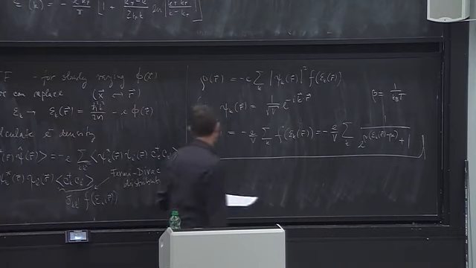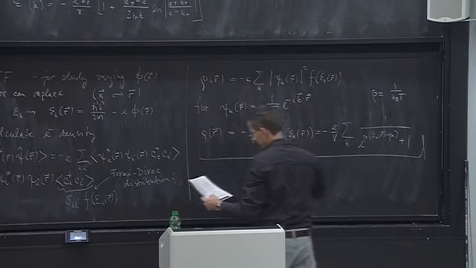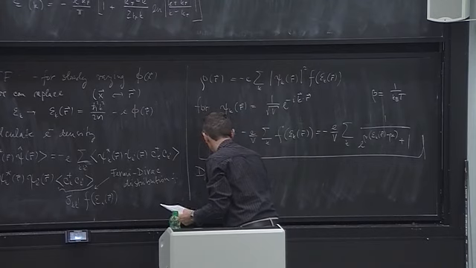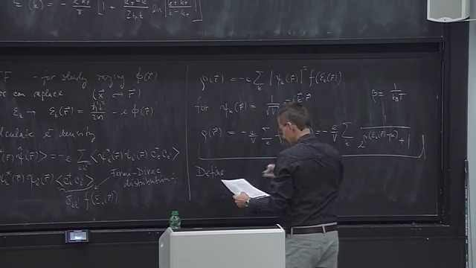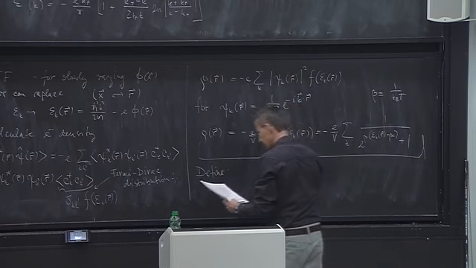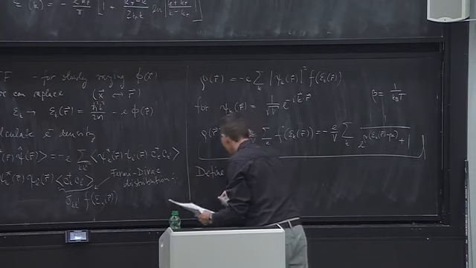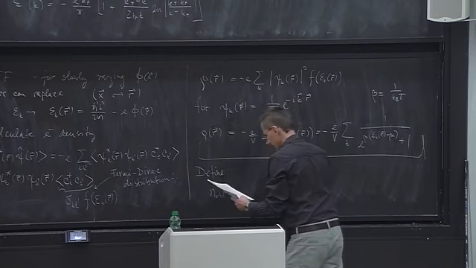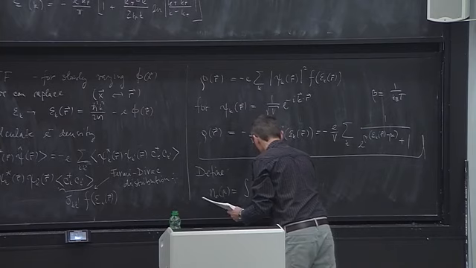So let me define the following quantity, n naught as a function of mu, and its integral d3k